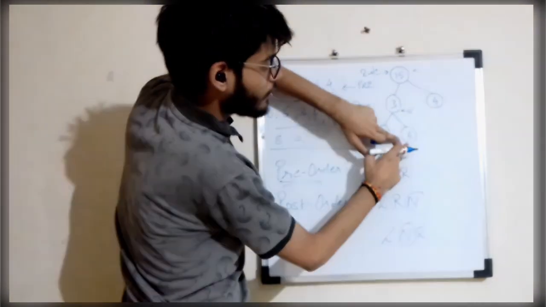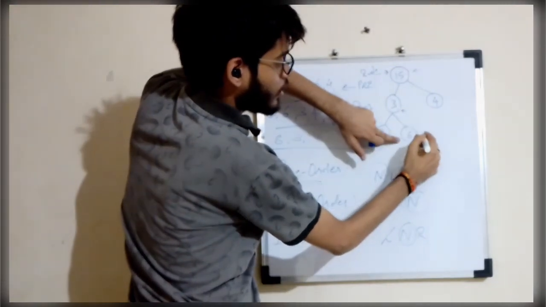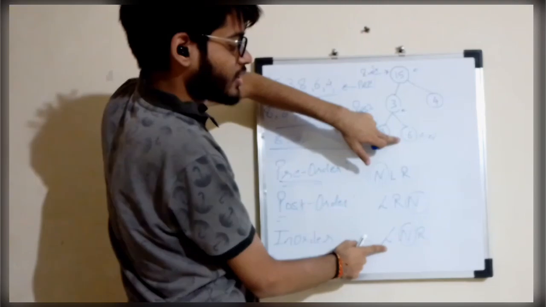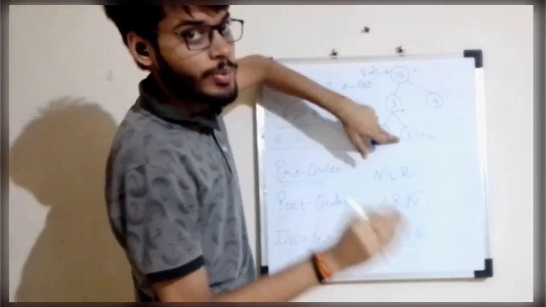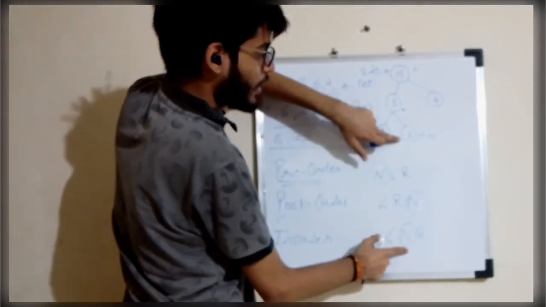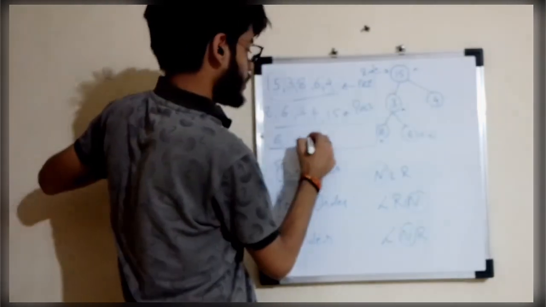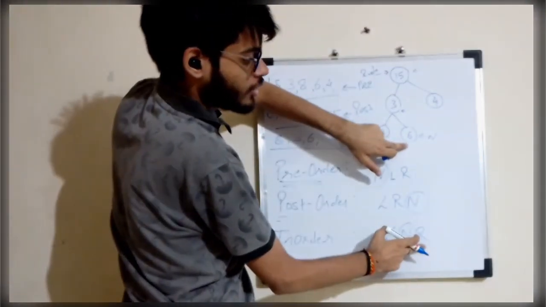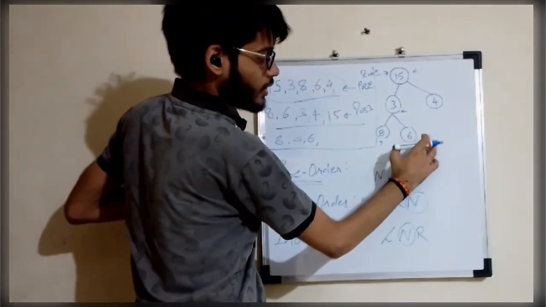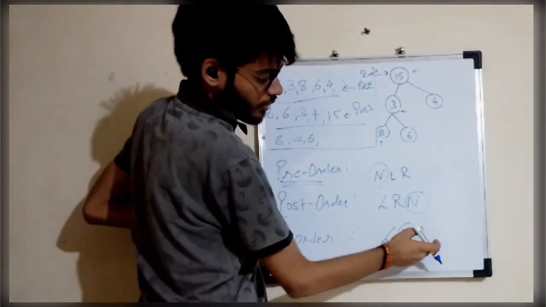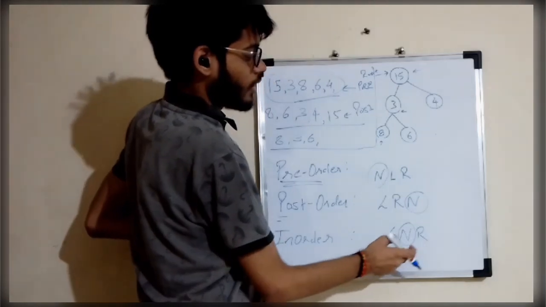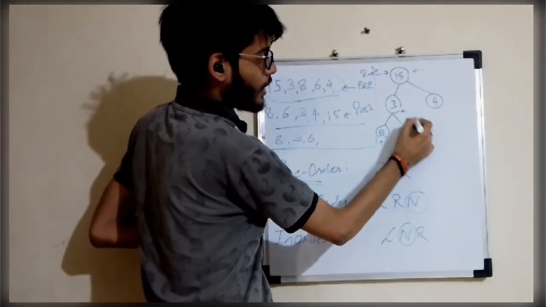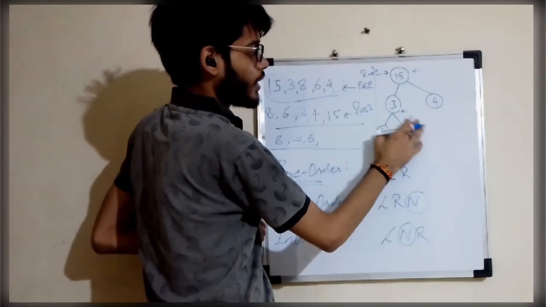Now visiting the right side of 3, 6. Now 6 becomes the node. Apply this for 6. Visit the left side of 6, which is null. We won't be doing anything when the value is null. Now print the value of 6. And we now visit the right side of this 6, which is also null. So after visiting all the three steps, it will come back to 3.